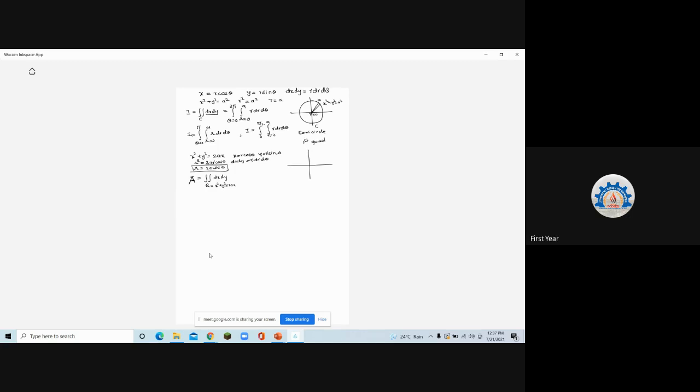Which way will be easy to draw? In Cartesian form, it is easy to draw. Can you see this? What is this circle? You all have done this, that's why I'm asking you. Those who can't recollect, let me write it for you all. There is only one circle. x square plus y square is equal to 2ax is the circle.